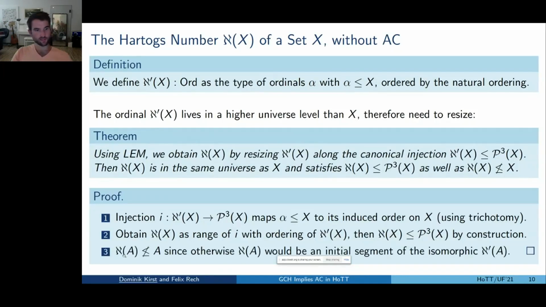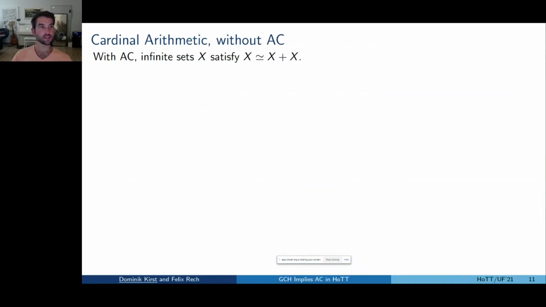And conversely, if you would have an injection of the Hartogs number of A into A, then just by the definition, you would see that you have derived the Hartogs number to be an initial segment of itself, which is, of course, refuted by the well-foundedness of ordinals. Okay, so this is the construction, and here we can remarkably closely follow a set theoretic outline, which is really nice. Okay, then the next ingredient, cardinal arithmetic, is needed to derive enough equivalences on types, so the